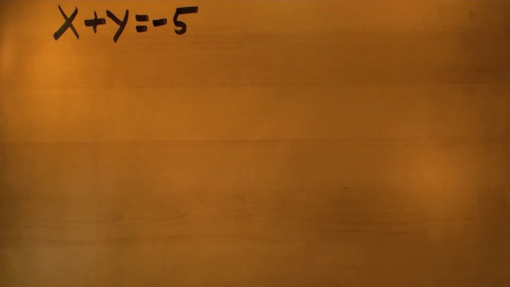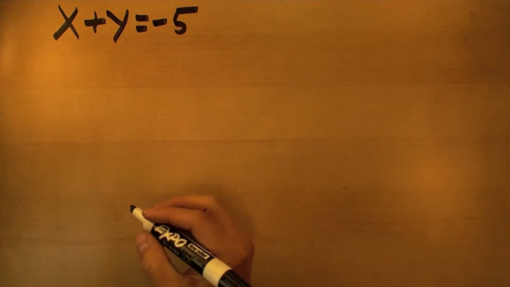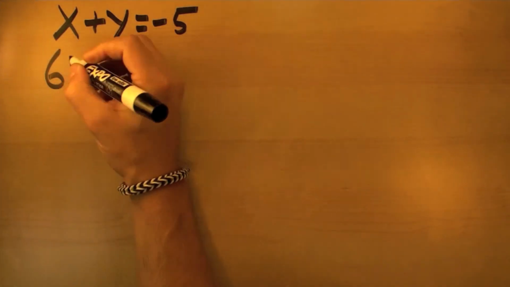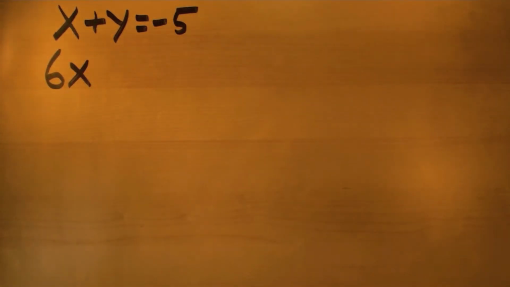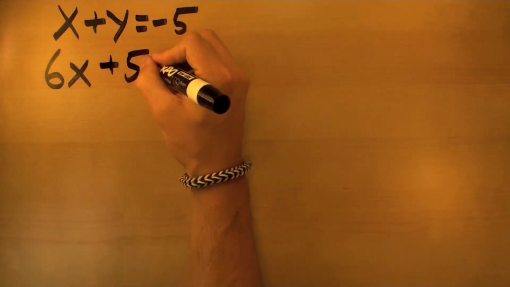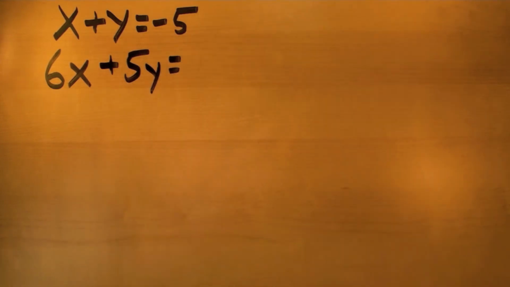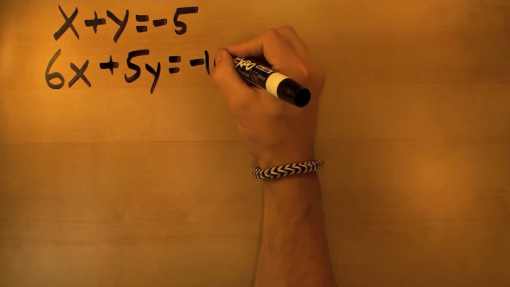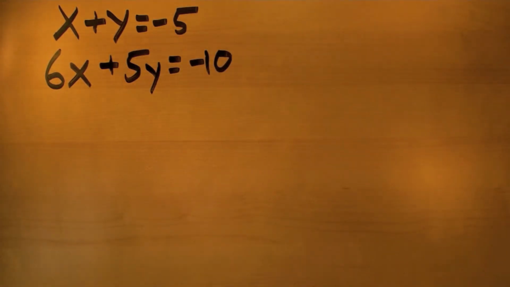So 6 times the first number is added to 5 times the second. So 6 times the first number would be 6x, since x is the first number, is added to 5 times the second, 5y, equals, it says the sum is -10. We now have our system of equations, and we can solve that in order to figure out what these two